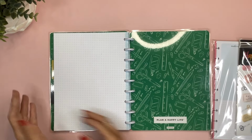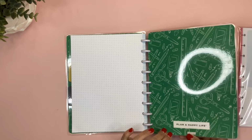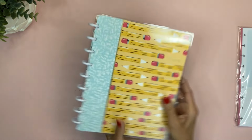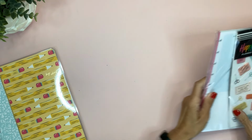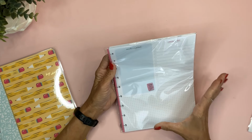20 more sheets, and there's the inside back cover with that green with the white line drawings of all the cute school supplies, and there's the very back. I think that is the cutest notebook cover. I absolutely love that. And then in here we're gonna have 40 sheets, and they all are gonna look like this. They're perfect for daily sheets,